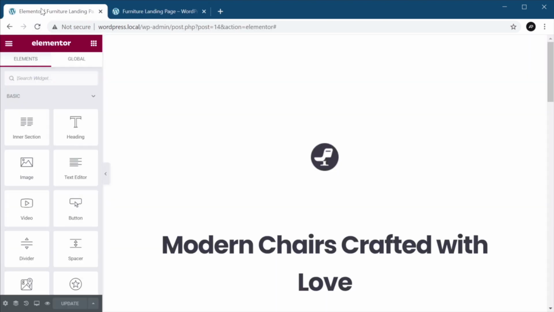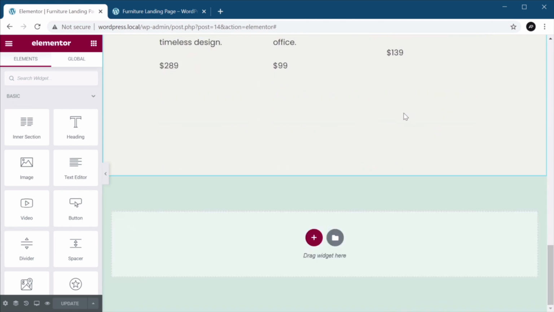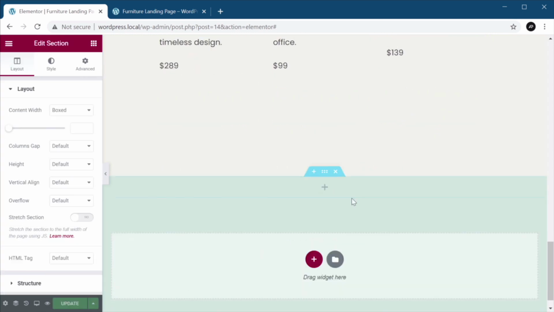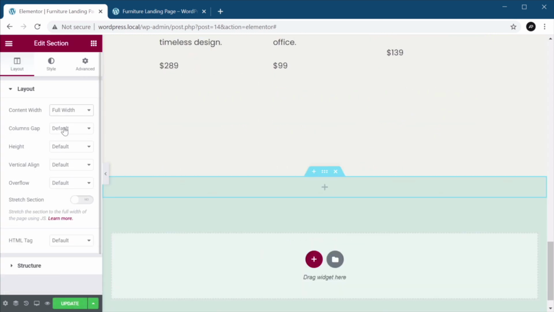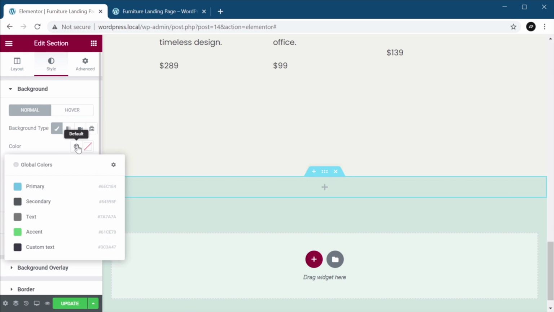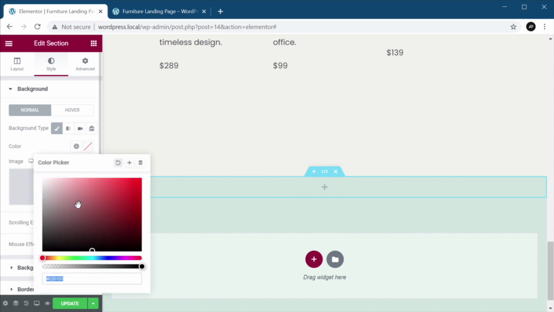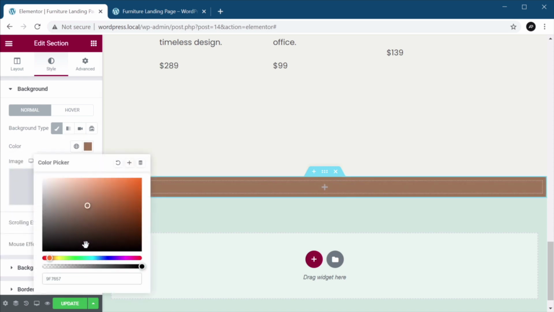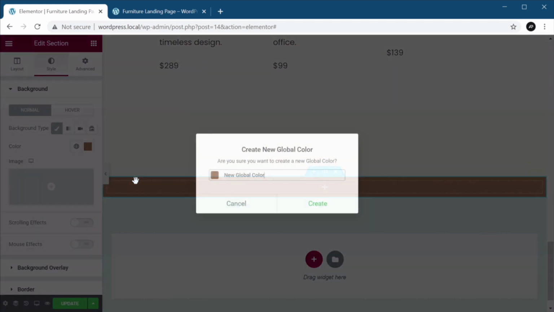Pretty cool. Let's move on. I'm gonna scroll all the way down, create another section. Content width, we'll set it to full width. We'll go to style, background type, color. Let's actually paste in the same color we used for the buttons and save this